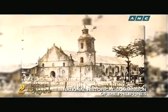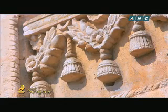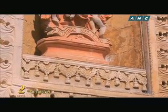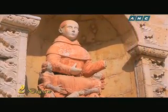The bell tower was destroyed during the 1948 earthquake, but as of now, we were just trying to restore the facade. It was done through the supervision of the National Historical Commission of the Philippines, and we had to use the local materials to bring that back again. And we used a lot of lime and yellow sandstone and egg white to replace or restore the losses on the facade. And as regards to the color, we had to use the original material, or be very, very close to the original material, which was used by the